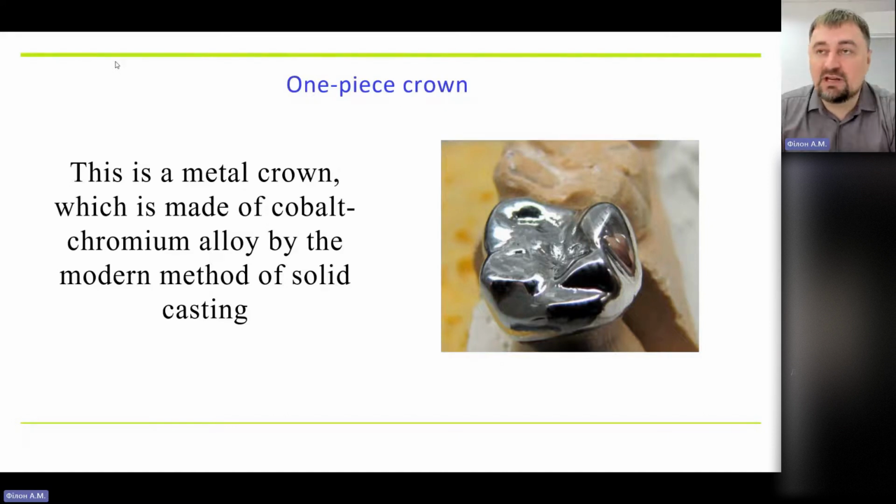Of course, if you're talking about aesthetics, it's not going to work. But if you're talking about function, this crown is going to work very well because it's a very strong material, and